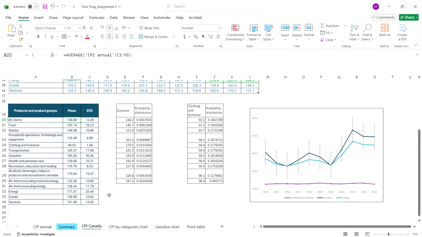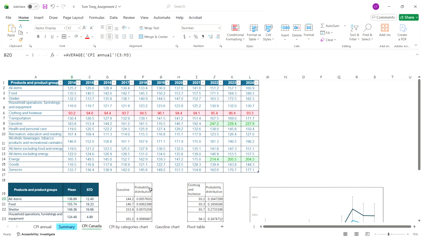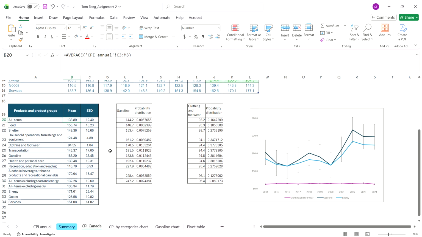And this is the CPI of Canada sheet, and in this sheet I calculate the mean and standard deviation. This is the formula for the mean and standard deviation, same as the last sheet. I also calculate the normal distribution by this formula. My first intention is to draw a distribution graph, but it turned out not very